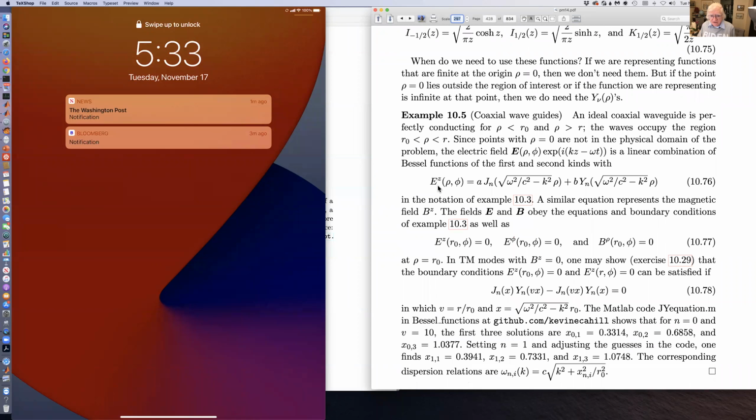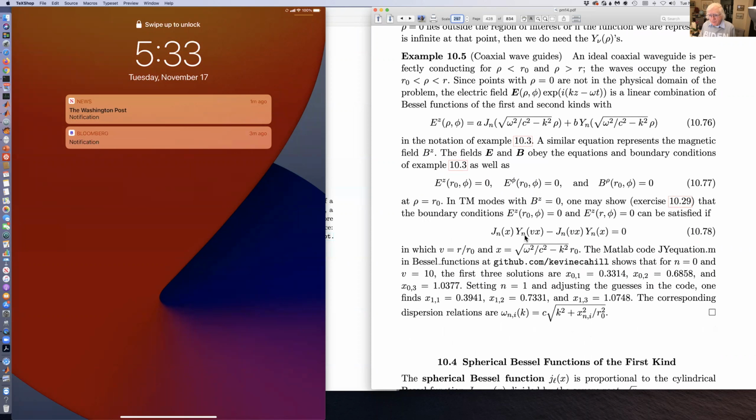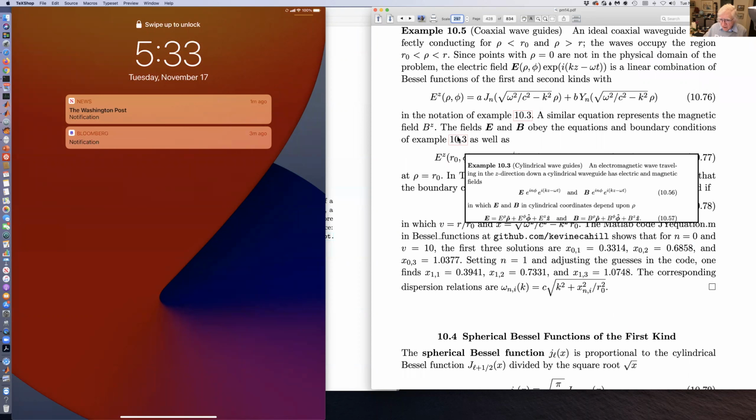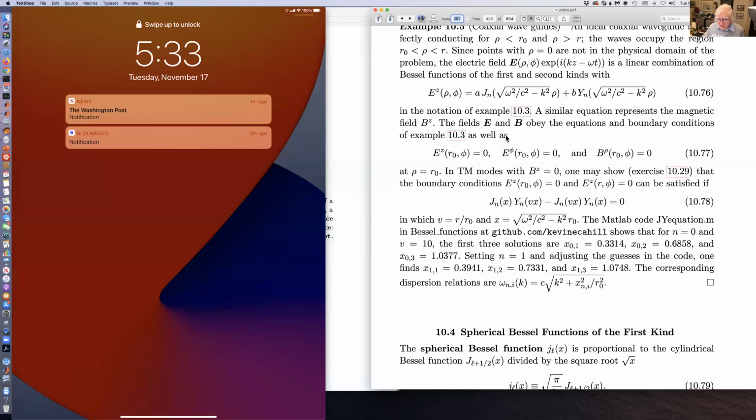So the z component of the electric field is a linear combination of J_n and Y_n. You have a similar equation for B_z, and the fields E and B have to obey the boundary conditions of example 3, but also the boundary conditions at the